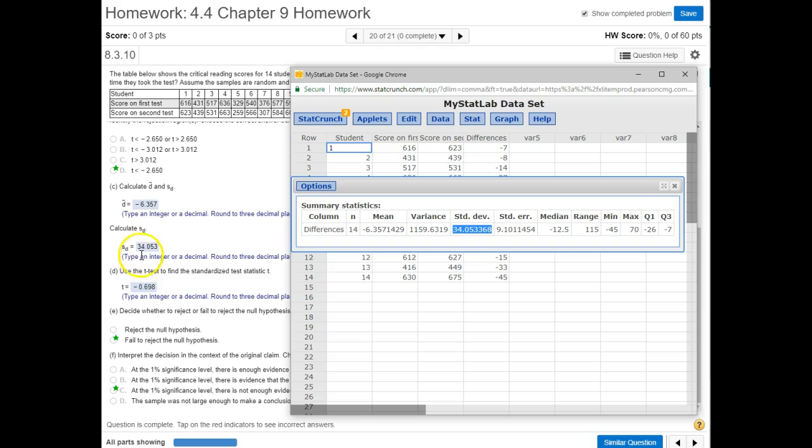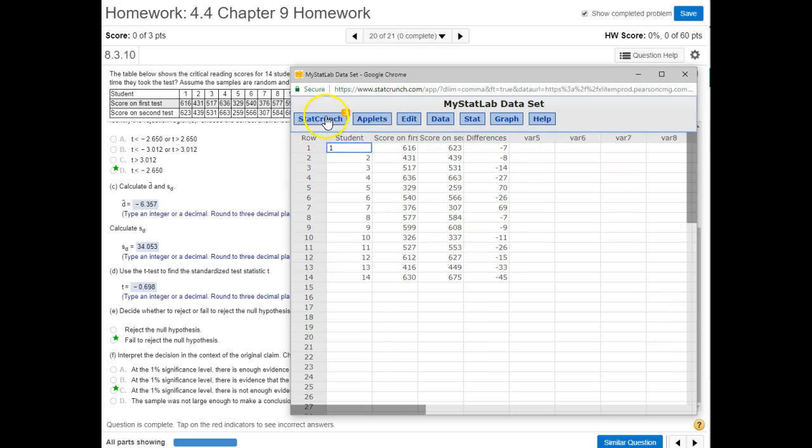That's another way of finding the standard deviation of the differences. That's what S sub d is. It's the standard deviation of the differences. This is the mean of the differences, which you can see right here. So two different ways of finding it. This second way is probably the easier way of doing it. You don't have to remember to take the standard error and multiply it by the square root of n. But anyways, we need to go back to